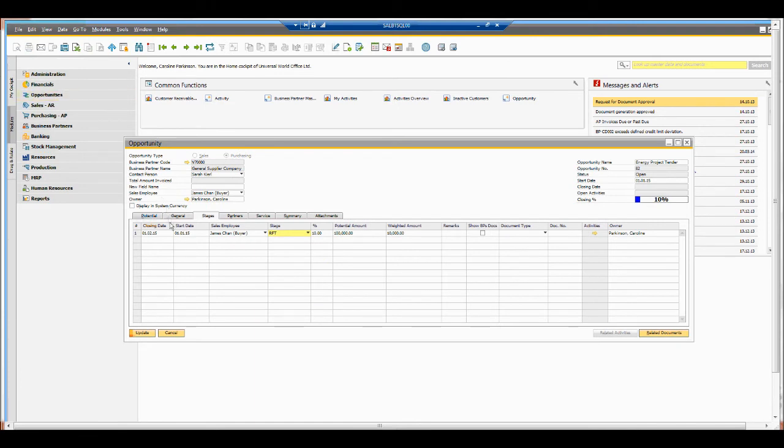And I'm just going to add a new row. At the moment we can see the stages RFT, so perhaps request for tender, and we can see that I'm 10% the way through this particular tender management process. If I just come into